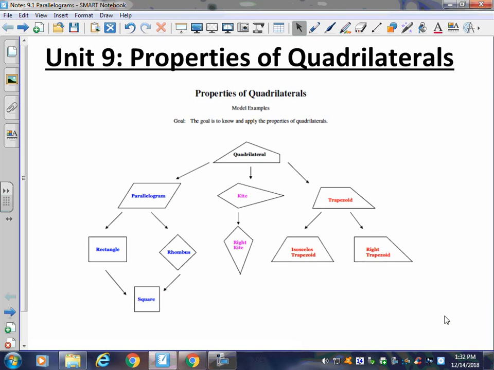All right, so the name of your properties thing says properties of polygons, but I changed it when I started the unit because I realized there are no polygons in here. They're all four-sided, except for those three-sided triangles, and they weren't in this packet. So I changed it to quadrilaterals, and I threw this in as an illustration of what all do you know